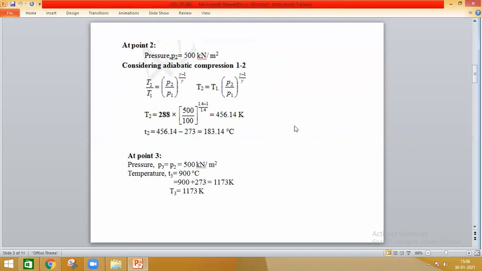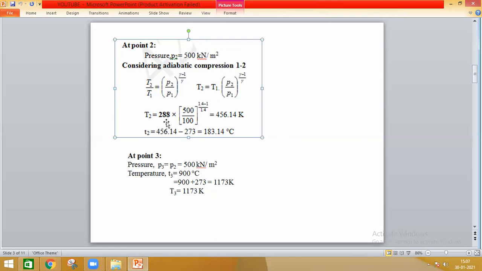Now we have to calculate the temperature at point 2. So T2 is equal to T1 into P2 by P1 to the power of gamma minus 1 divided by gamma. We know the value of T1, so we substitute it. Because it is 15 degrees Celsius, as given in the problem,